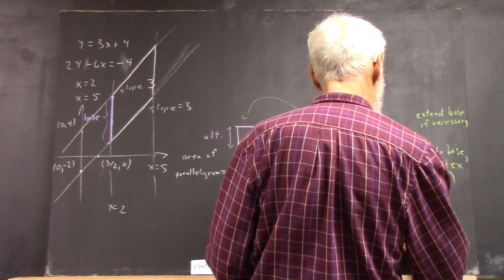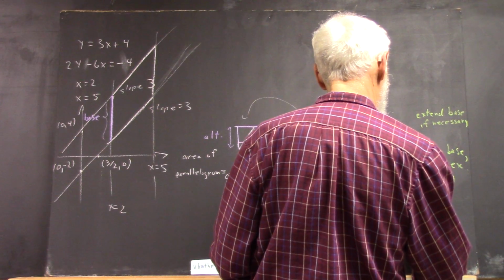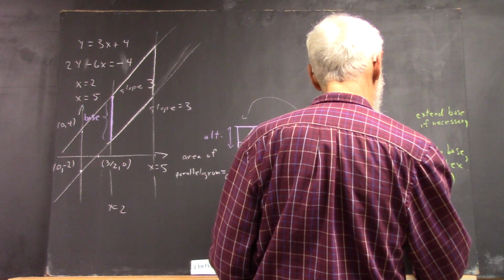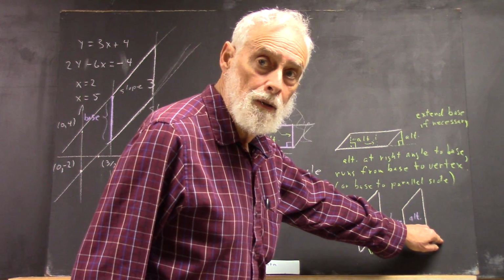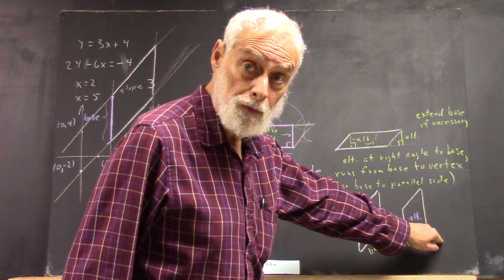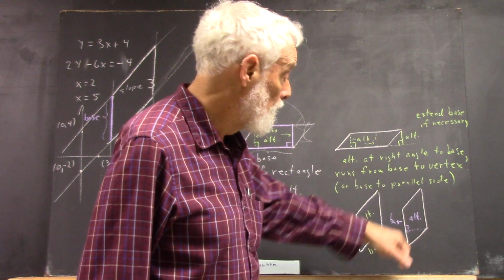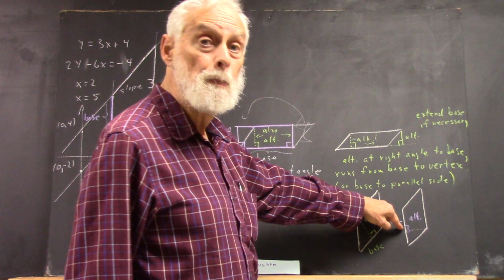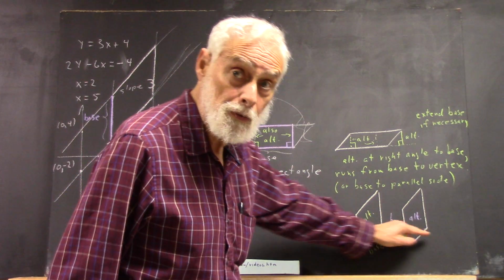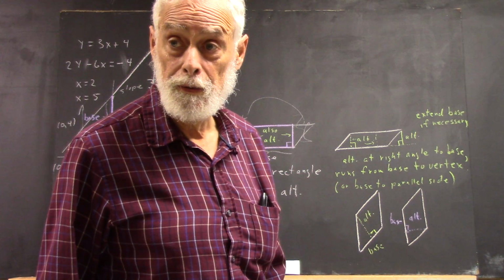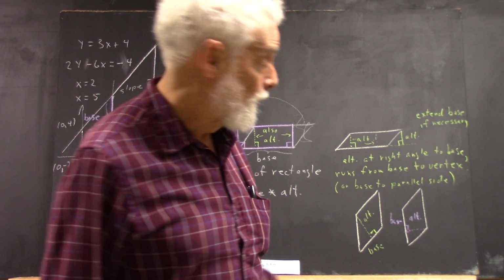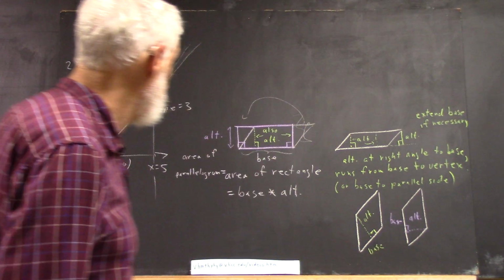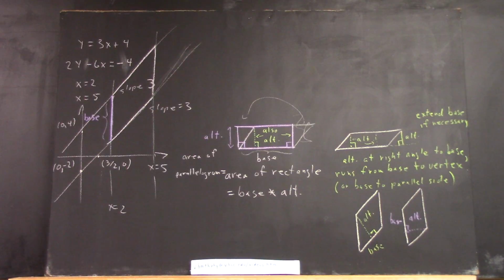then this could be our altitude. And our altitude runs parallel to the x-axis, right? Base is parallel to the y-axis. The altitude has to be perpendicular to that, so it has to run parallel to the x-axis. Okay? And that's going to be a lot more convenient because